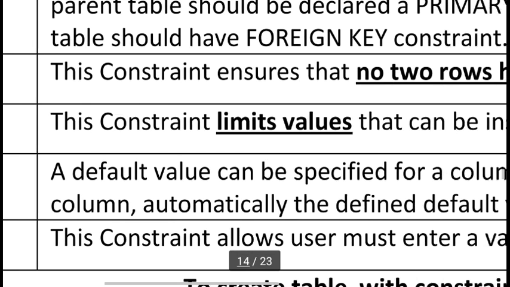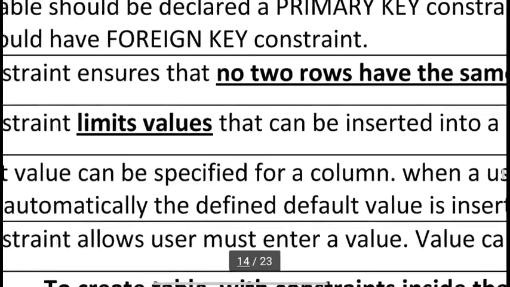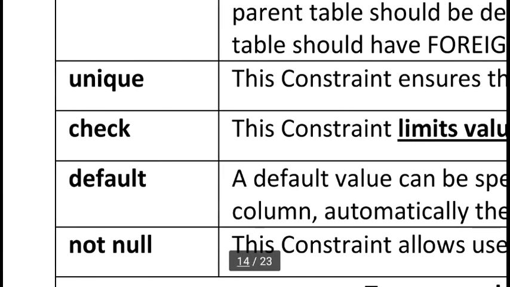Check constraint limits the values that can be inserted into a column of a table. Suppose we have a table, and we can use a check constraint on a particular column. Suppose the salary column. In the salary column, the company rule is 30,000 to 50,000. So below 30,000 and above 50,000 we cannot store a value. For this purpose, in the salary column the minimum limit is 30,000 and the maximum is 50,000. So this is our domain, this is our range. I want to control this rule, so we can use a check constraint when we create a table.